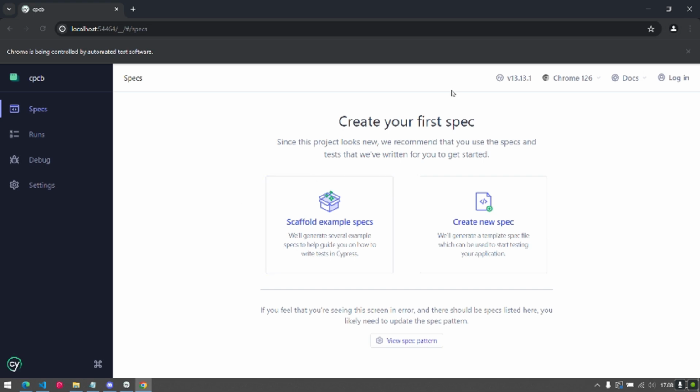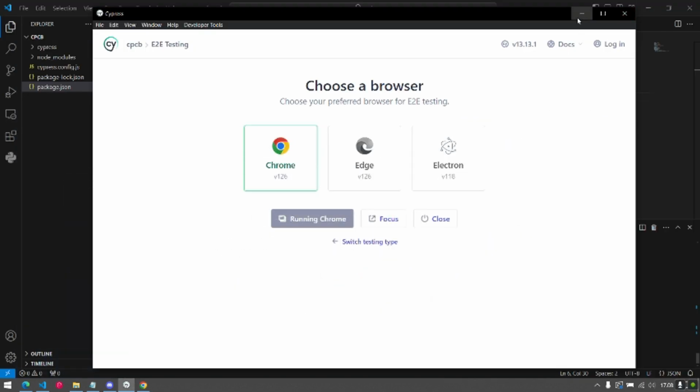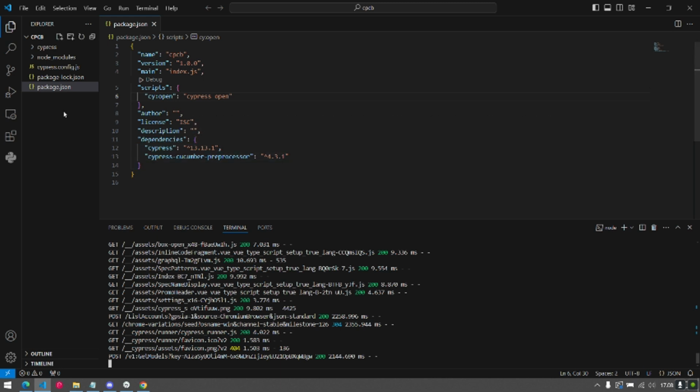We can move to Visual Studio Code again, and we can look here on the top left. We have a cypress folder. This is an important folder.